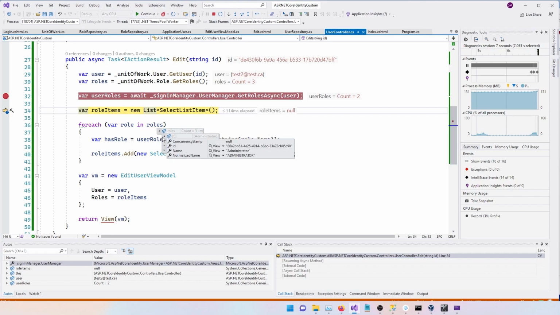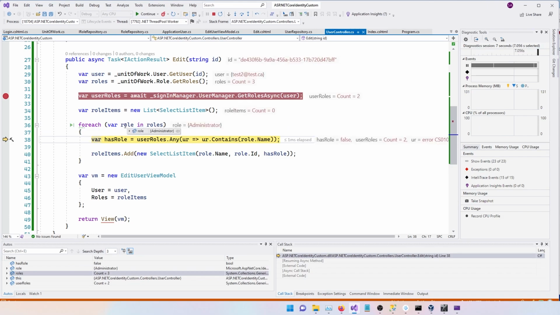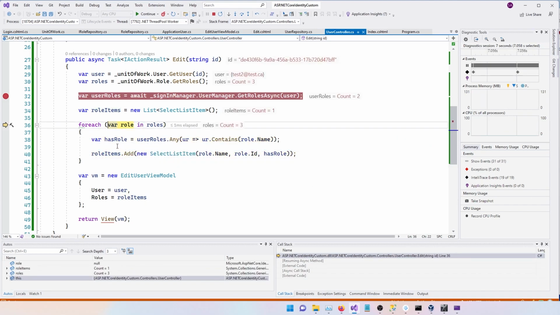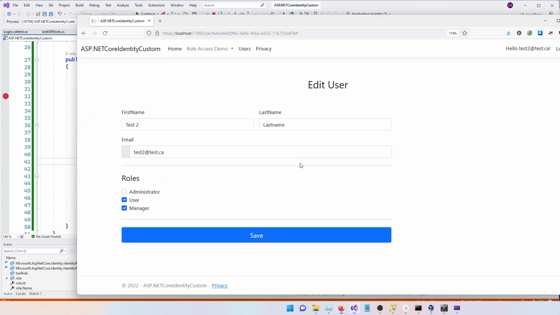Okay, for the first role, the administrator. So let's come here. User role has false. That's correct. The second one should be true. Has role is true. Okay, let's check. Okay, wonderful. It did work. It probably didn't build properly. So we have the user and manager checked. That is awesome. So now let's see how we can post this data back to the form and save it